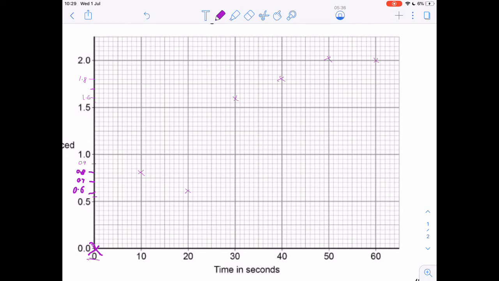Now, I'm going to have to try and fit through the pattern that most of my little data points, these crosses, go through. Now, this one here, I'm going to circle. And I'm going to circle that for a reason, because that is an anomaly. It doesn't fit the rest of the pattern. The rest of it, as time goes on, the amount of gas produced increases. This one seems to be an anomaly, which means it doesn't fit the pattern, and we're going to leave that one out when we draw the line of best fit. So with the rest of these,